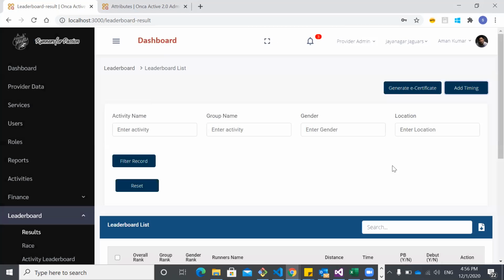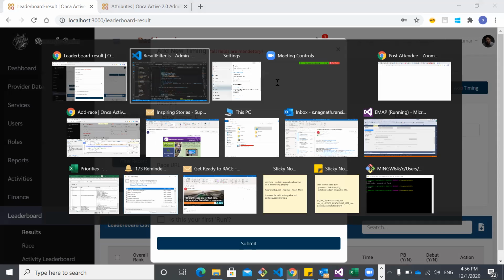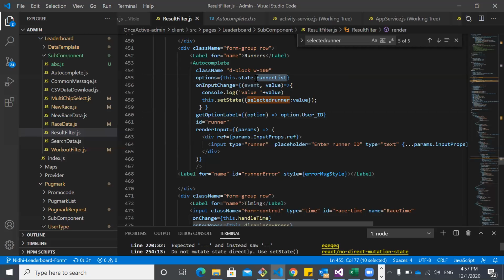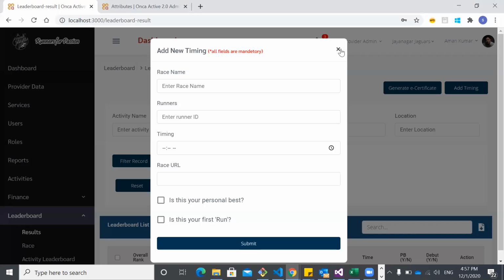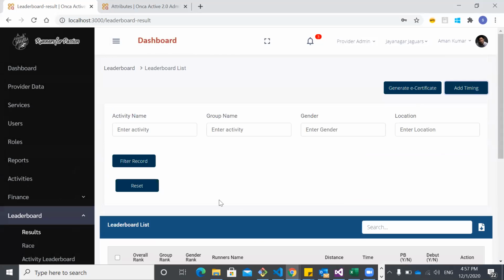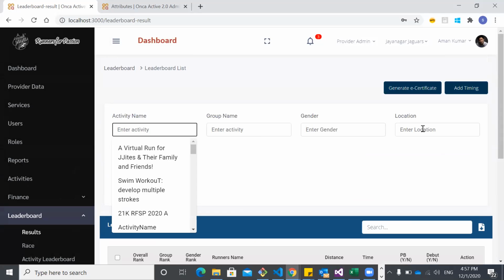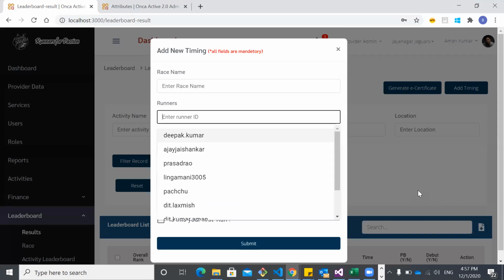The names are coming from that array. Already stored in the array, no? Yeah, the runner list is there, no? In that, I'm calling this drop down because there is only one SP, but in that SP we are retrieving 4-5 arrays of data: the activity name, group name, gender, location, and the same SP is calling runners data also.